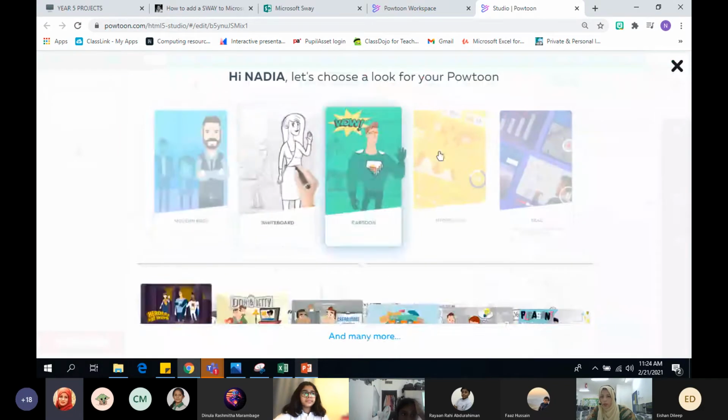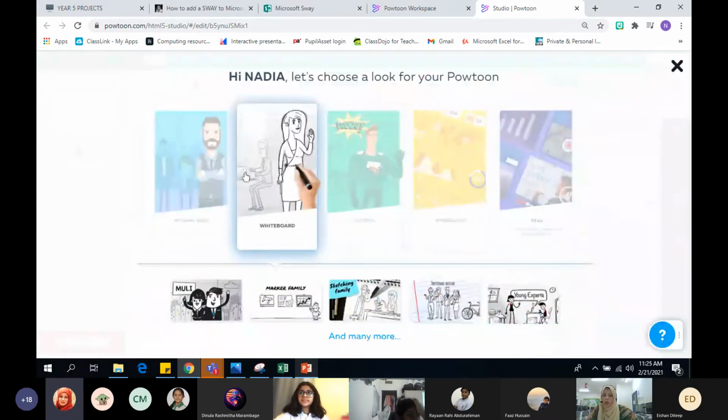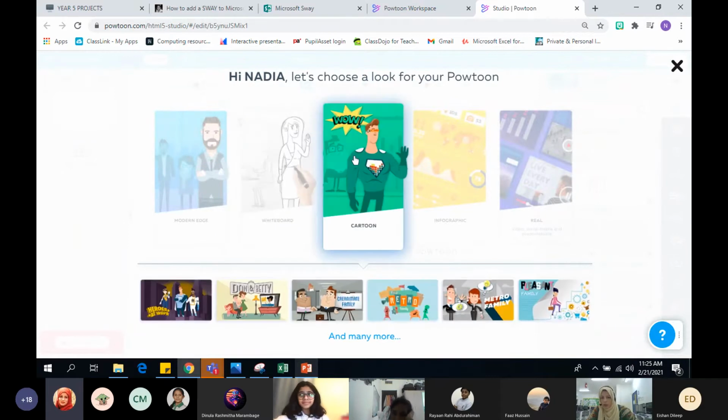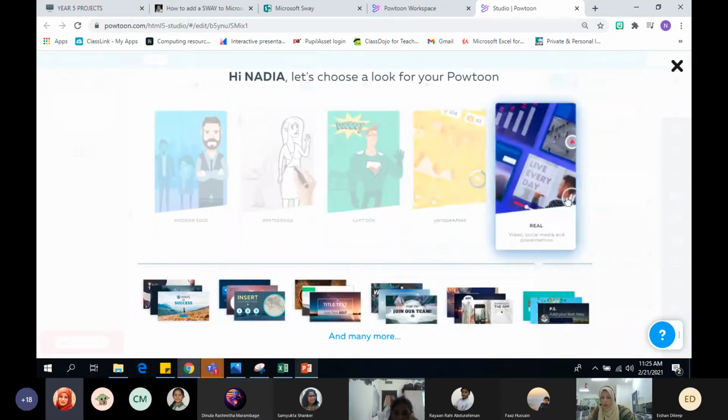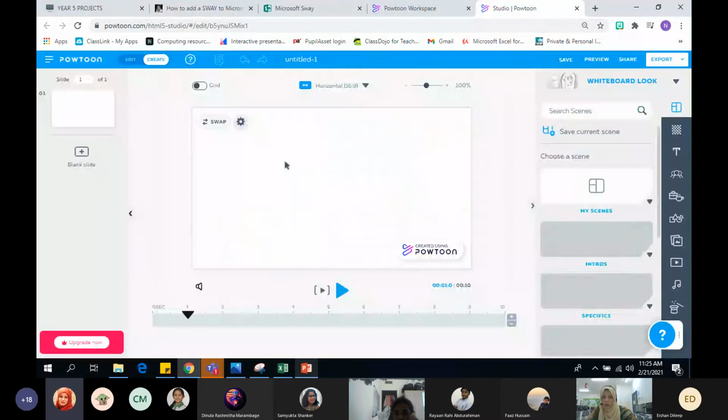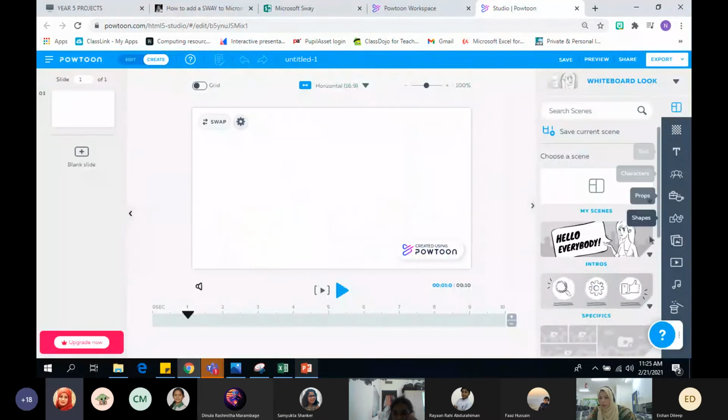Now they will ask you which characters, which kind of thing you want to make. Is it like a whiteboard kind of stuff? You'll get some ideas by looking there, which kind, what material you'll get. Okay, suppose I'll take whiteboard only. The cartoon characters are even available, and you can go through many templates. I'll go for whiteboard. Now, once I click on whiteboard, you'll see on your right side, different panels